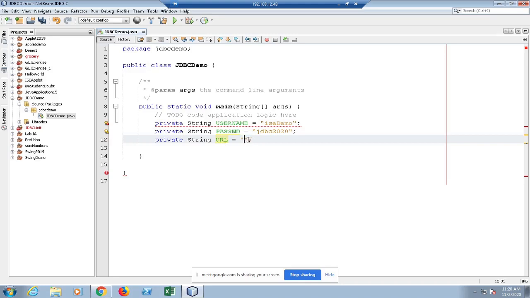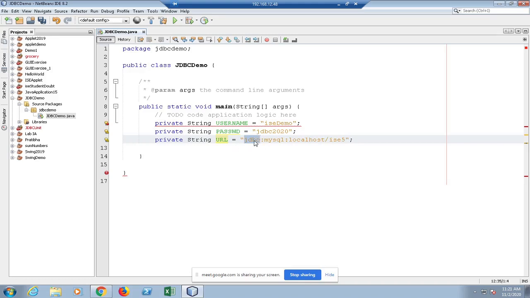You are making use of ISC5 database, which is located on your machine, localhost, and this localhost houses MySQL database, and you are using JDBC driver to connect with MySQL database. This is the format.